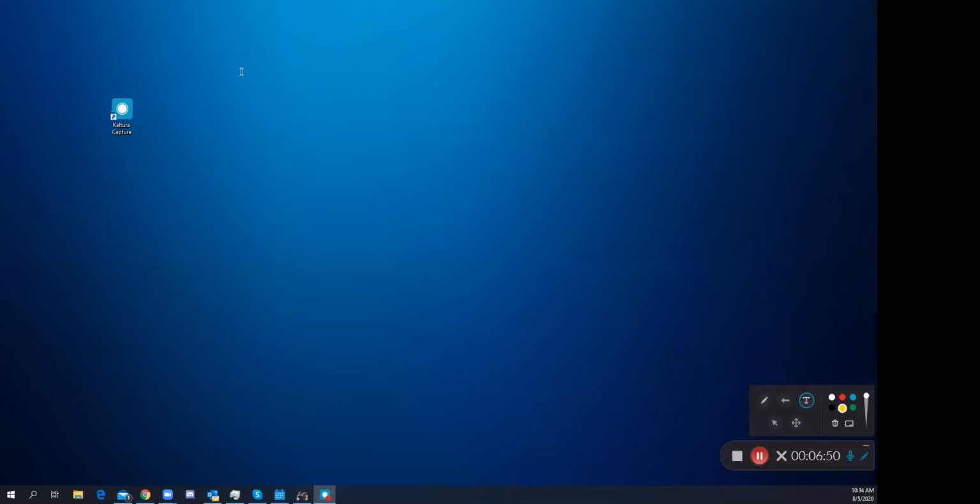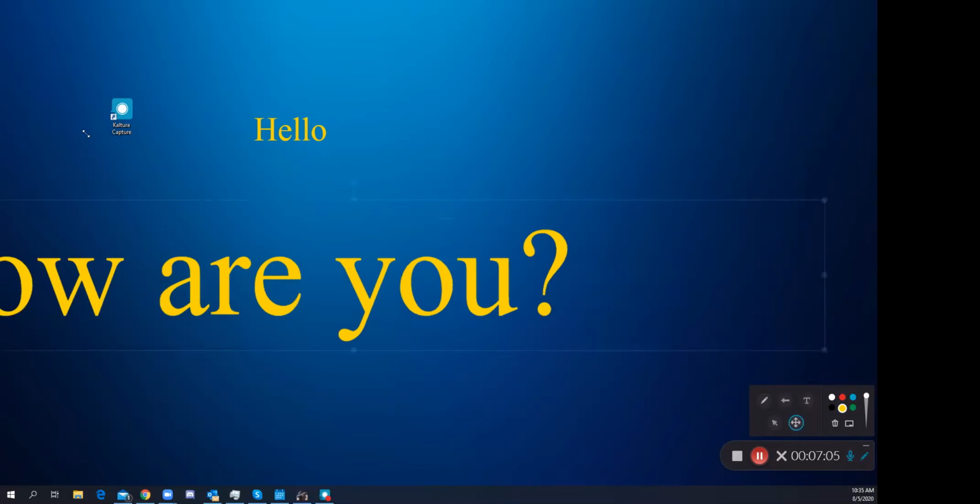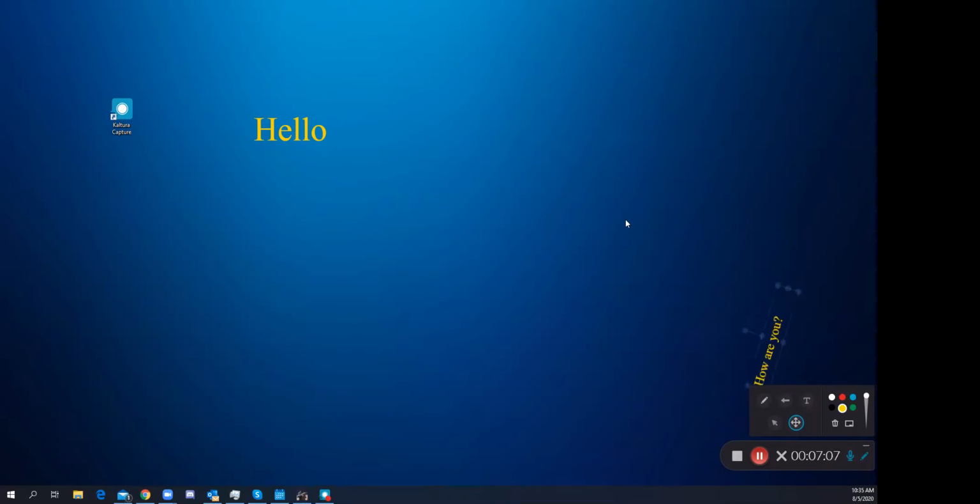The text tool is a text box that if I click on screen, I can type anything that I would like, and then just click out for another one here. How are you? If I go to the select tool, I can make this bigger, smaller, same as all the other ones. Great, I'm gonna go ahead and delete all of these